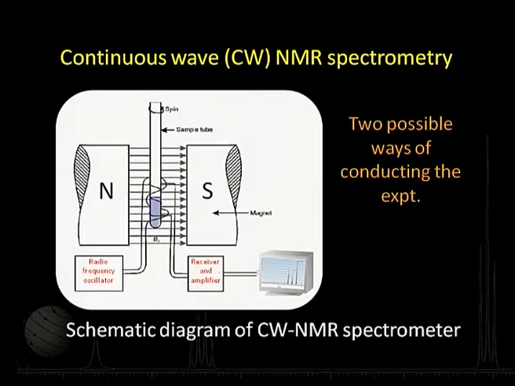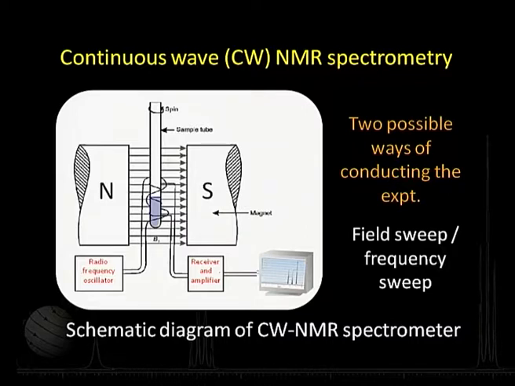Alternatively, what we can do is what's called a field sweep. That is, we keep the frequency fixed. Say I keep the radio frequency at 100 megahertz and I have a certain amount of field. The given nucleus is precessing at a frequency of say 97 megahertz. So, there is no transition there. I increase the field, the precession frequency increases, I go on increasing the field, and the moment it becomes equal to the fixed frequency, the transition will take place.